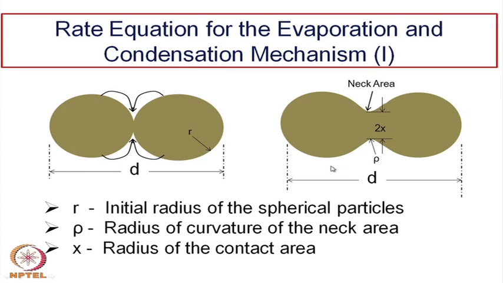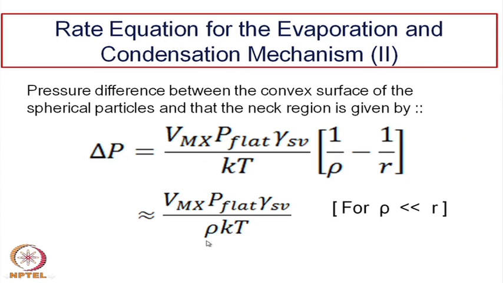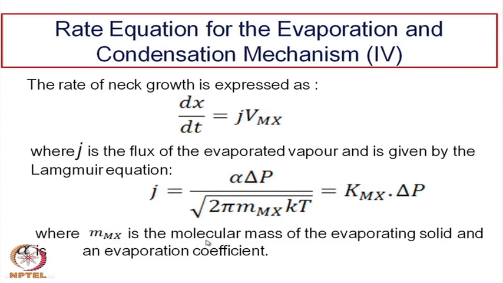So, the shape of the pores is changing, but there is no change in the overall pore fraction or percentage of the pores. So, that is a very important thing one must remember, in comparison to the next mechanism,